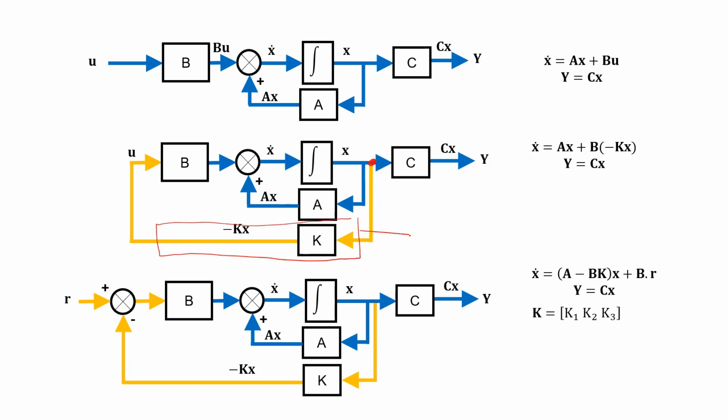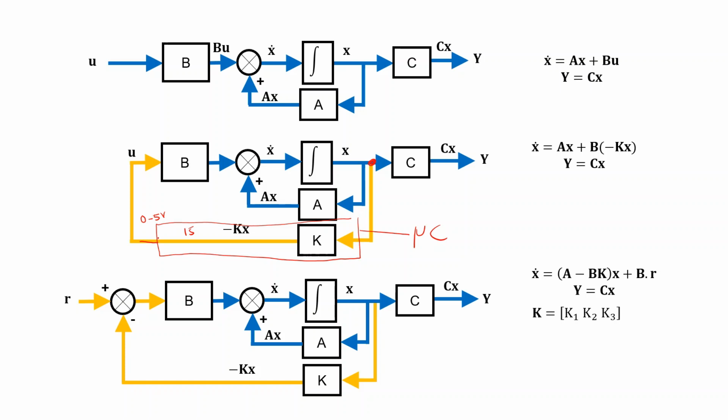So we'll feed it to some microcontroller where these X values are multiplied by K, which we have pre-calculated, and then the output of the microcontroller is fed back to the plant. For example, if the microcontroller is giving output in the 0 to 5 volts range, and the value of minus Kx comes out to be, suppose, 15, that means this plant should be getting a 15 volt supply.